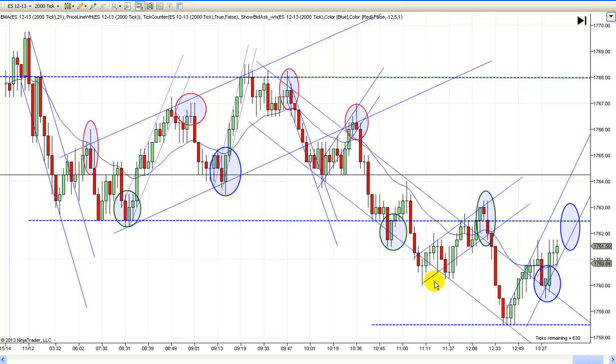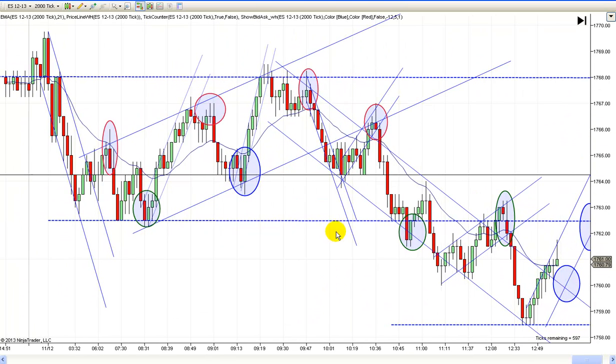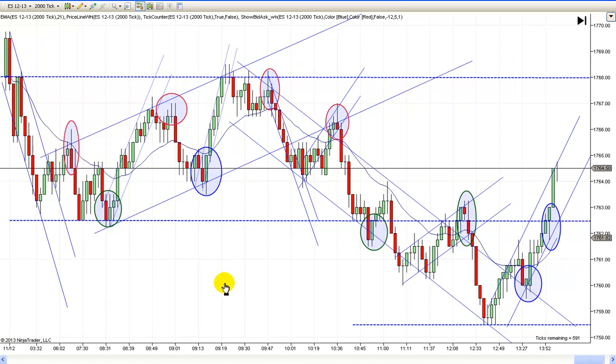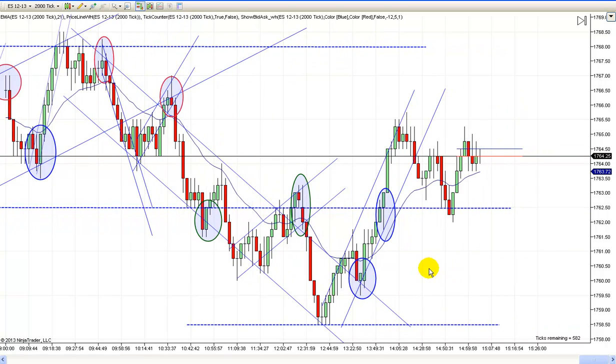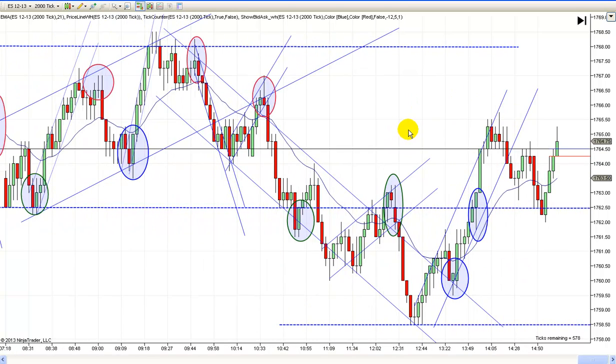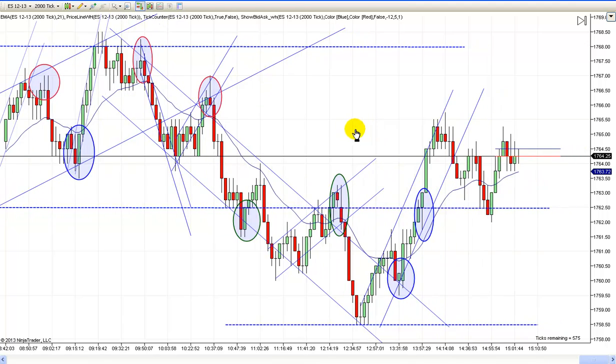So these things work, and draw your short-term ones. Here's this one coming down. You got this move down here. You got the break, two legs to a new low, and then this one started. And so it starts to get messy. So you got to kind of clean it up, or make sure you only draw short lines so they don't go sticking all out into the other price action. But that's what I saw today, and it's a little before 3 o'clock now.